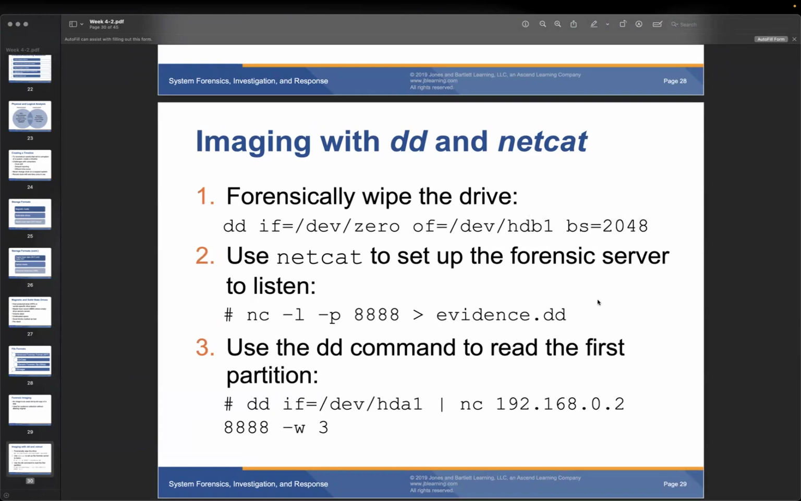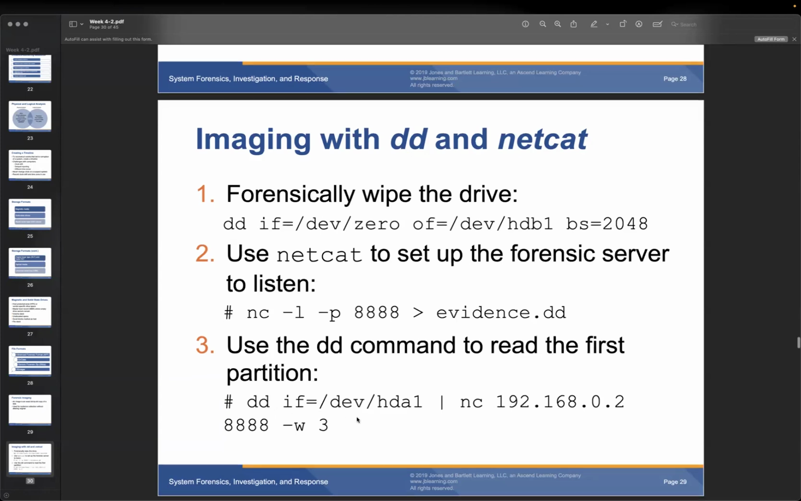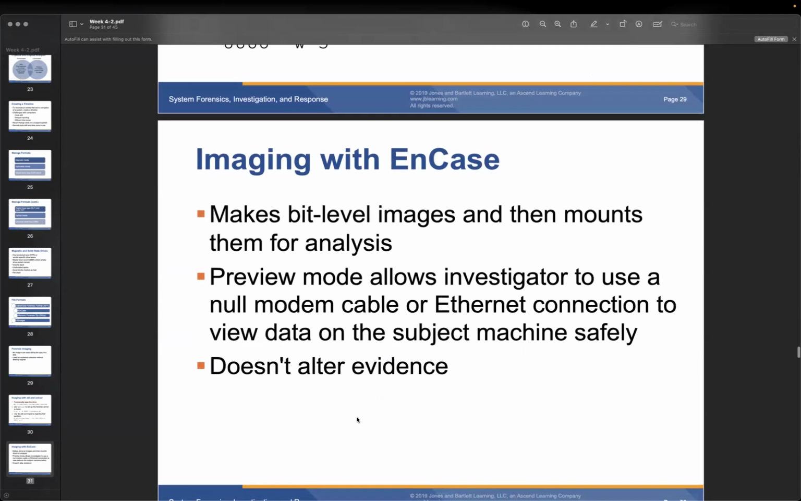We can set the forensic server to listen, and write the output to evidence.dd. Also we can use the dd command to read the first partition. We can check where the partition is, hda1, so partition 1, like this, and then netcat with port 8888. So here are the steps. Another one is EnCase, where we can make a bit level image and then